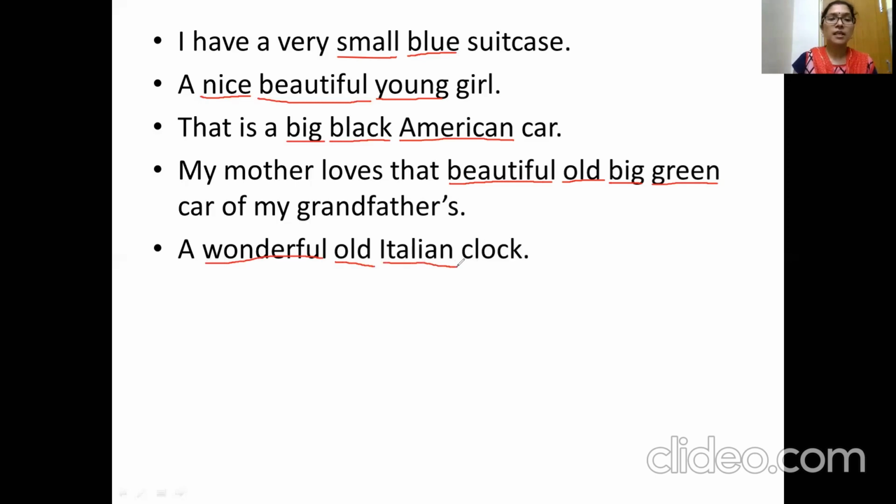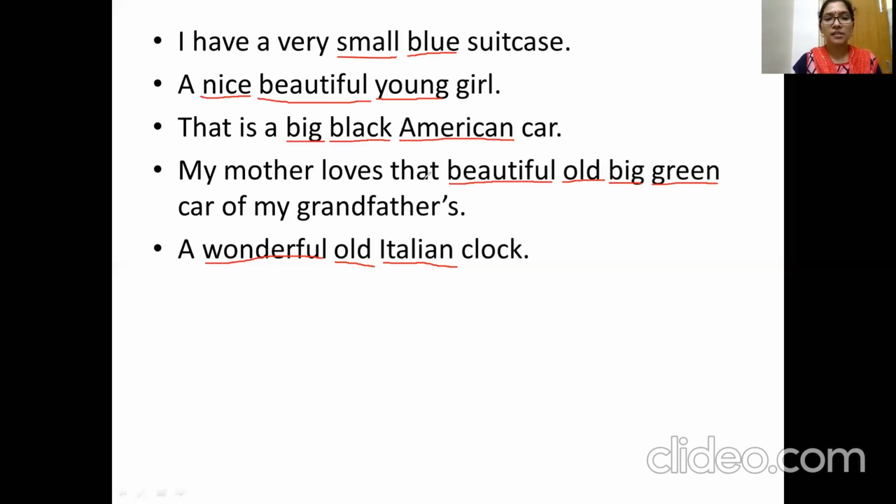So here you can see all are arranged in proper order. In the first sentence, first is small, that is size, then color. In the second one, nice is opinion, beautiful is also opinion, and young is age. In the third one, big is size, black is color, and American is origin. Also, you have seen that while arranging adjectives in order, we have used the determiners a and that at the beginning.